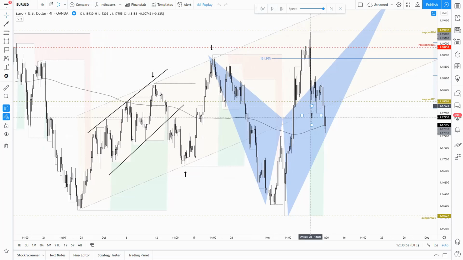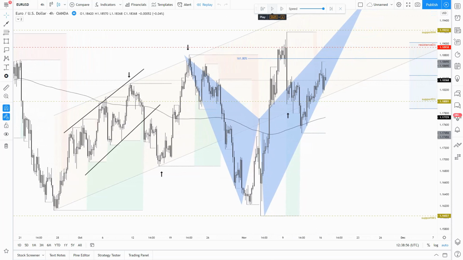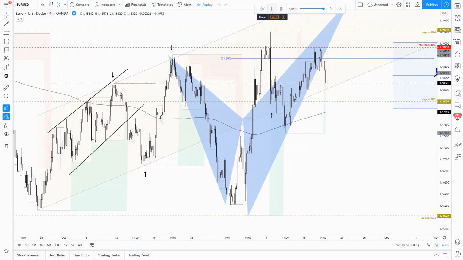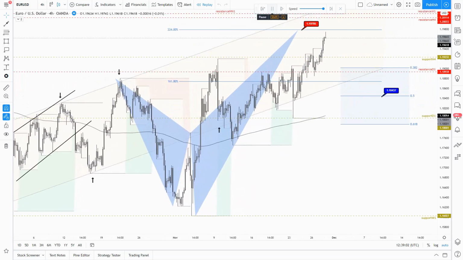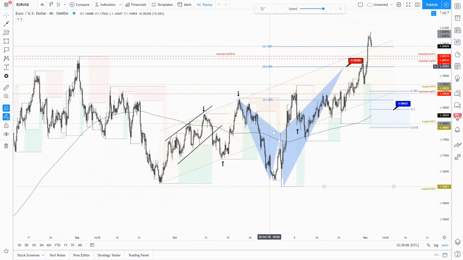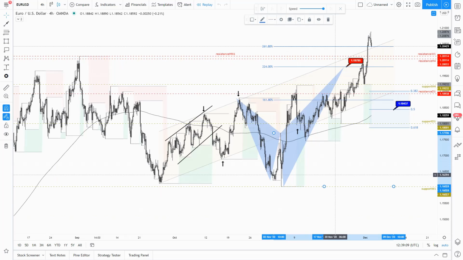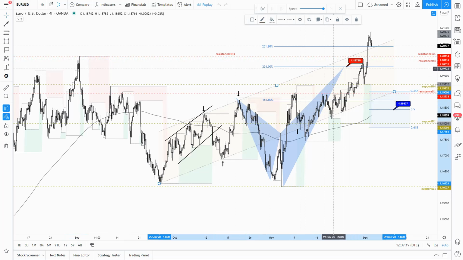And as we can see, multiple times the price respected that trend line support, and when finally the price recovers, it has created nice bounces above that trend line. So basically we are now trading above the completion point of the bearish shark pattern projected before at 119.78, above the weekly fractal previous structure highs, but also above what we can call the trend line resistance of